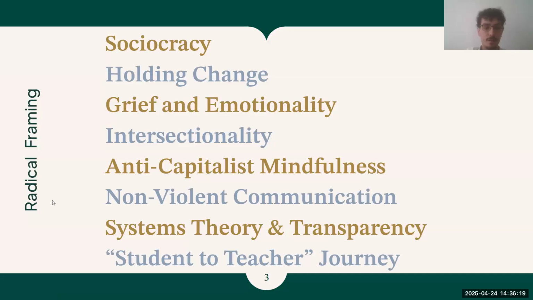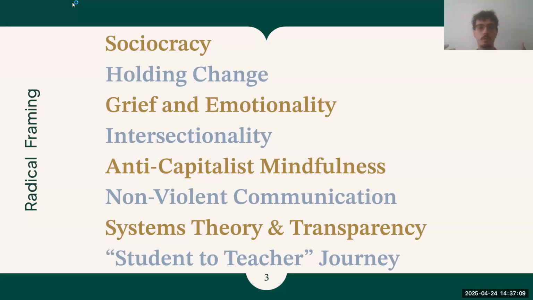The way that we went about pursuing these myriad goals was through a variety of what I've called here radical framings. So sociocracy was one concept we brought in, and it was the principal structure of our decision-making process as a group. And holding change was an investigation into facilitation and into organization. Grief and emotionality, we explored those dimensions together, about how organizing often pays no heed to the emotional dimension of both individuals and the communal dynamics of emotion that arise in organization, and grief as well, because